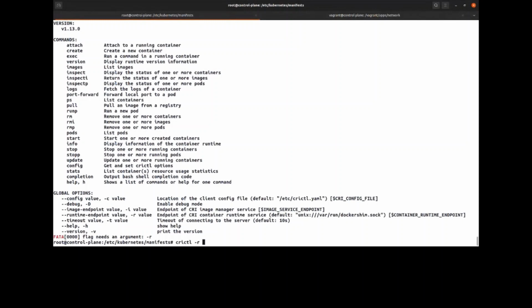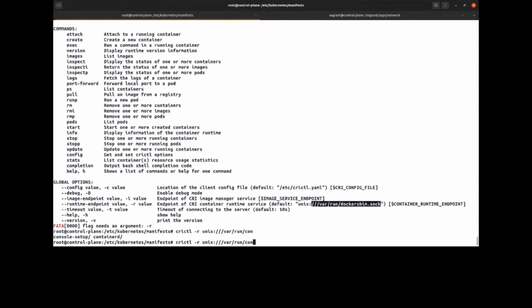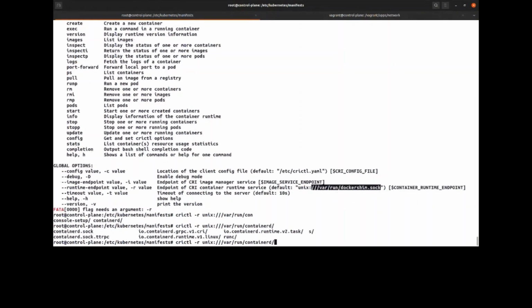We know crictl -R needs the socket, but it's not Docker. It will be containerd, so it will be Unix socket. Okay, /var/run, instead of dockershim, it will be containerd, and it will be containerd.sock.